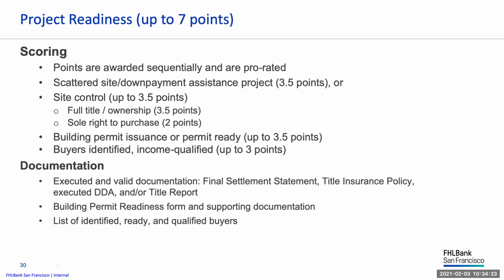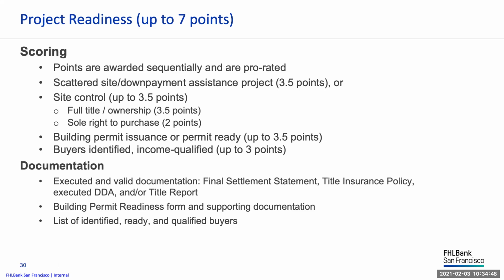Project readiness. In the project readiness category, points are awarded to projects that have demonstrated viability by meeting certain development milestones, obtaining site control and being permit ready or having building permits. Zoning approval and its related documentation, which was previously attachment 9A, has been removed as a scoring criterion. So now there are only two ways of scoring for this category: obtaining site control and being permit ready or